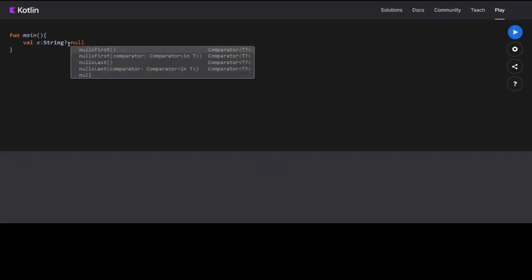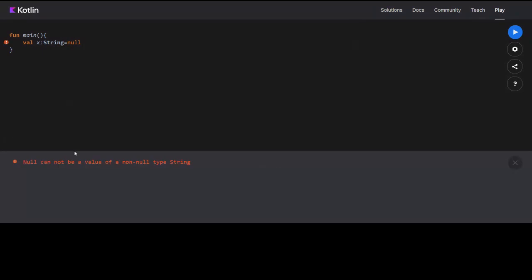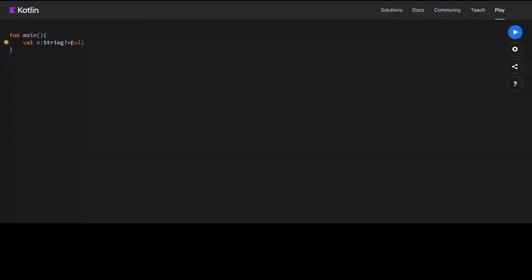What this question mark says is that this variable x can be null. If you don't put a question mark here and then you equate it to null, then it will give an error because it is a non-null type string right now. But if you want to make it a nullable variable, you have to put a question mark, and then initialize it to null.